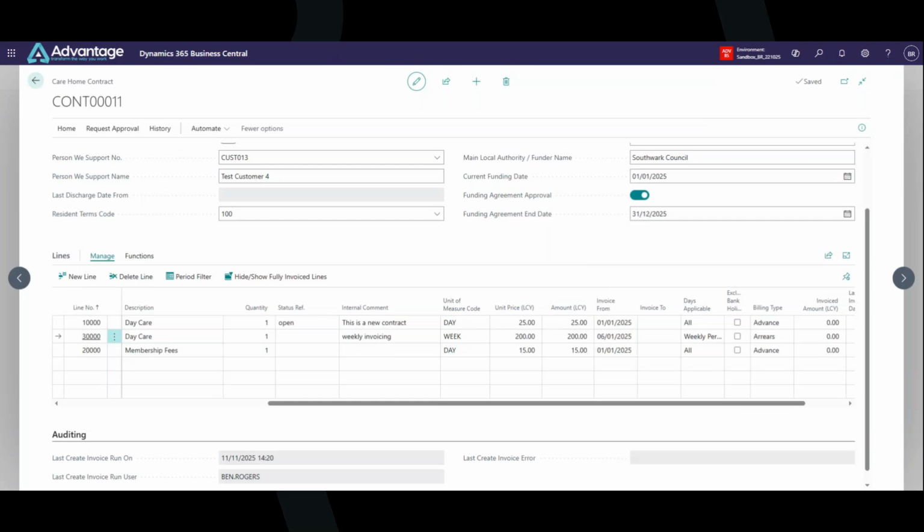Go back in there. I've now got 3 invoices generated. If we have a look at these, it's redone the monthly one because I deleted it the first time. So it's done that first one. It's also now done a separate invoice for me. So if I go into this one,